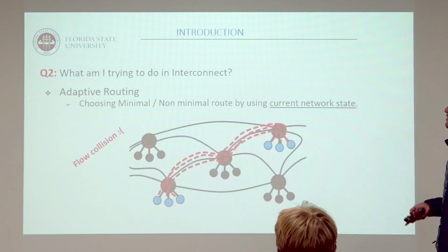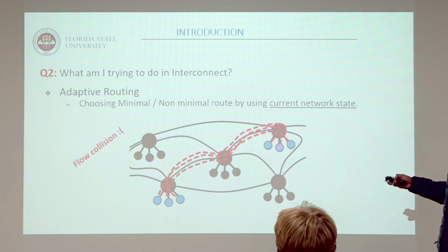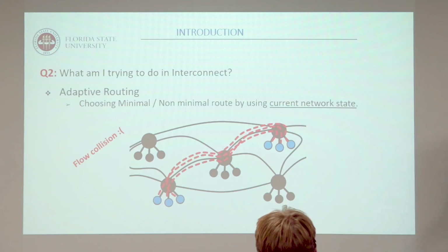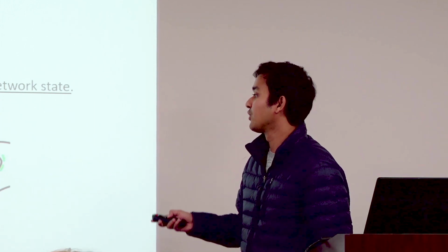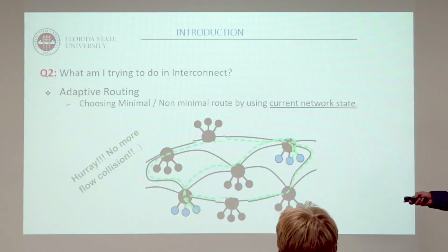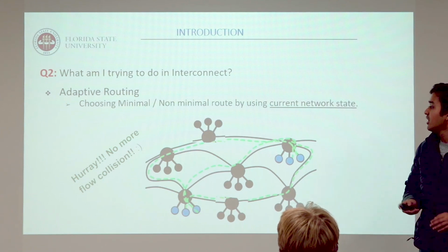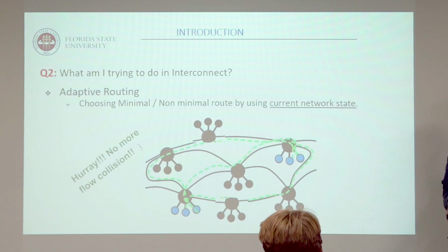Why? Let me give you an example. Suppose this is the source and this is the destination. There are three flows going from source to destination, and this is the main path. If you send all three flows over this main path, these links are shared by three flows. That means there will be flow collision or link congestion. But if you send one flow to the main path and two other flows to other non-minimal paths, although on the non-minimal paths the latency and the time will be higher, in total there will be no flow collision. So in total the system's throughput, or system performance, will be a lot better.